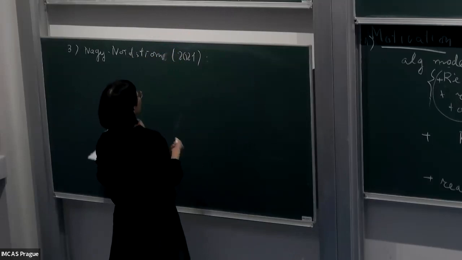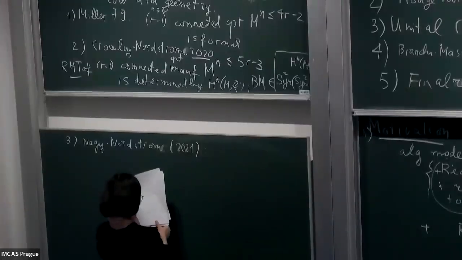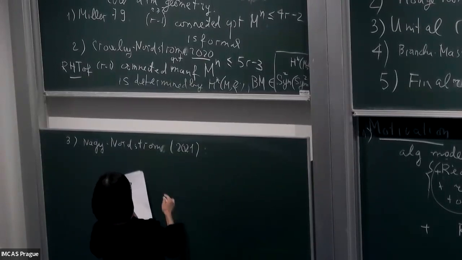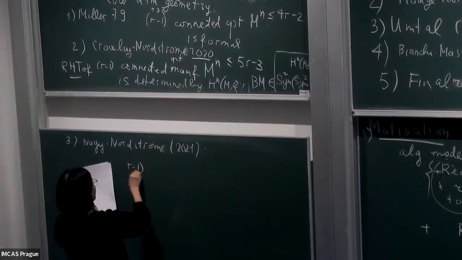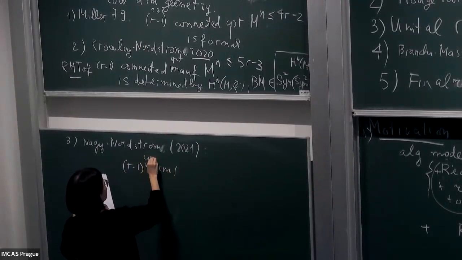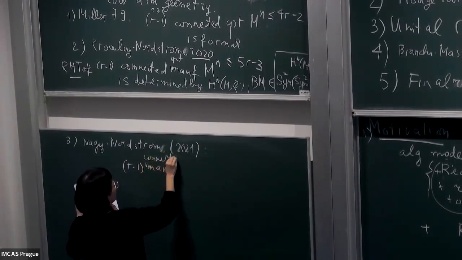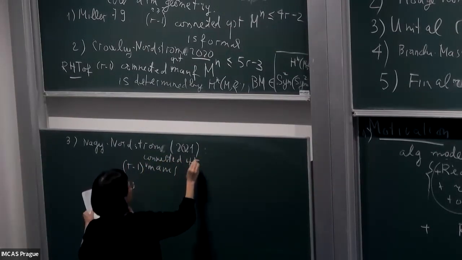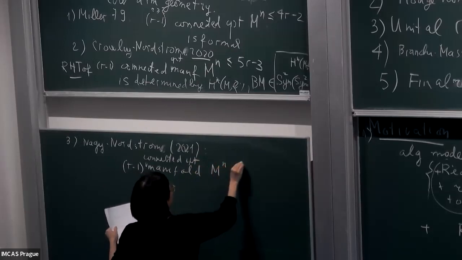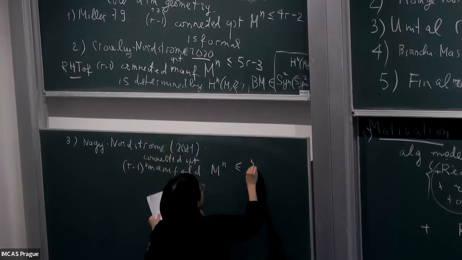So what happens is Spin(7), that is dimension 8. Then they say the following thing: an (n-1)-connected compact manifold of dimension n, and less than one dimension more,